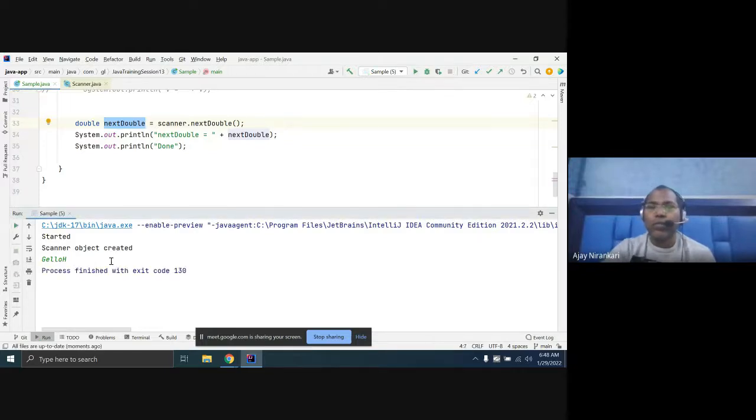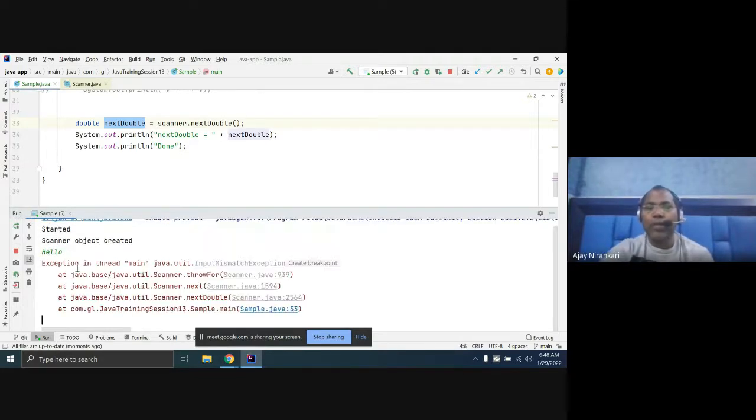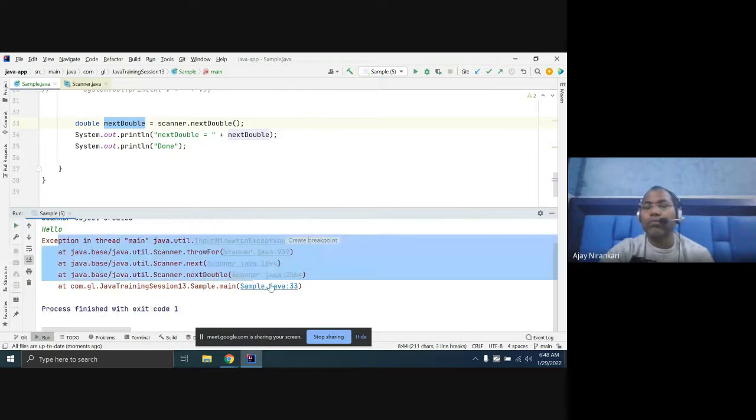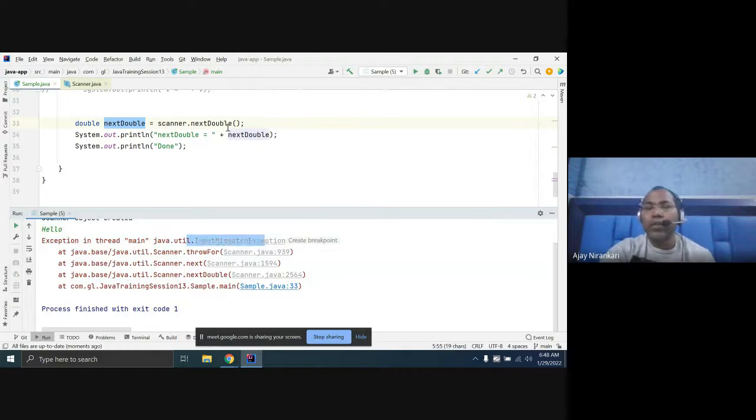Let's run it again and type something, hello. If you run it, your code is waiting here. You are expecting a double, but you are passing a string, and when I just press enter, I am getting an exception: InputMismatchException. It expects a double, but you are giving a string.